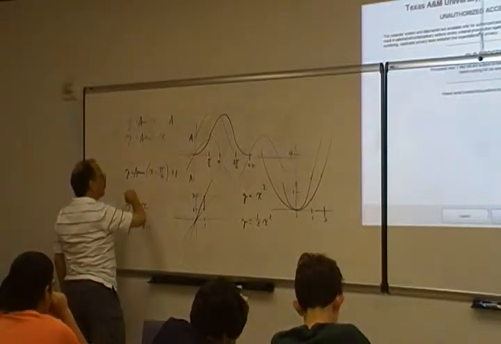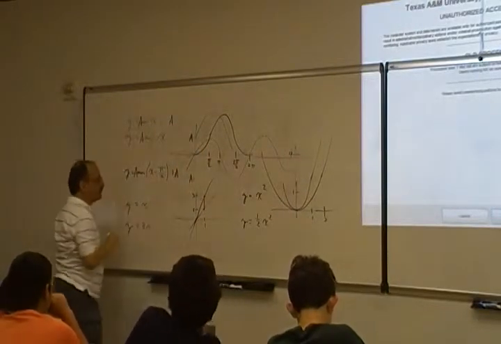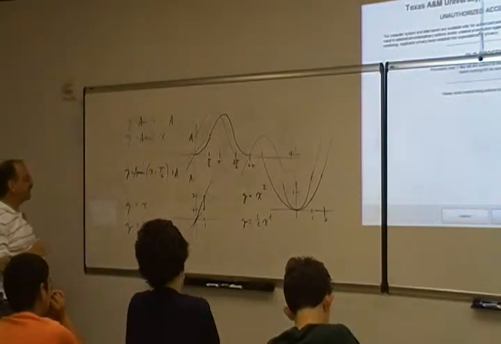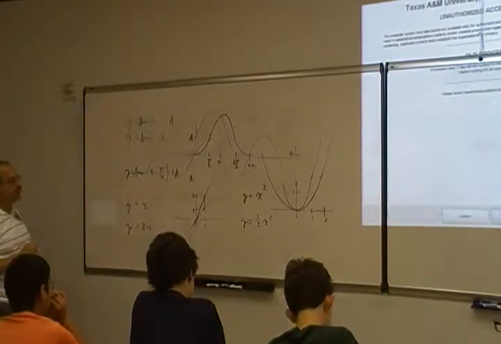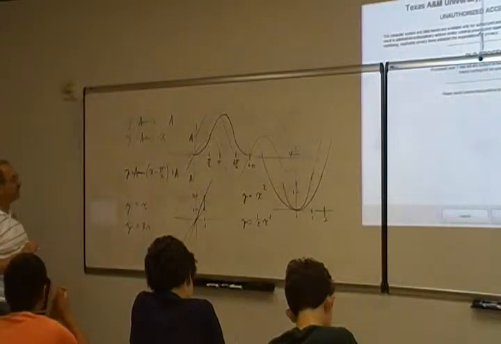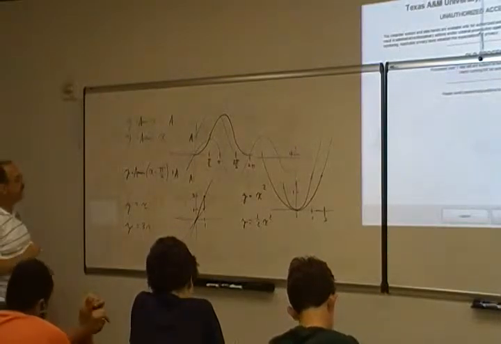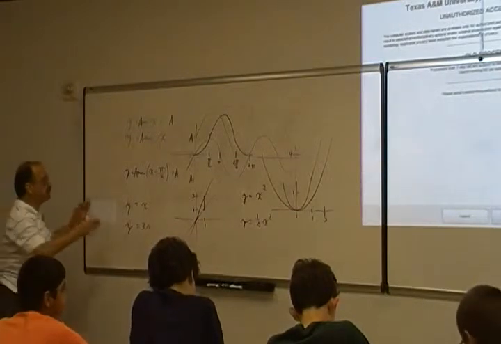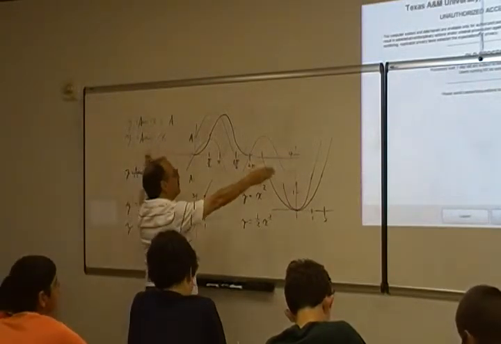So plus A. There it is, shifted up by an amount, a capital A. A is called the amplitude of the graph. And so each of these different aspects, and you can also scale this way